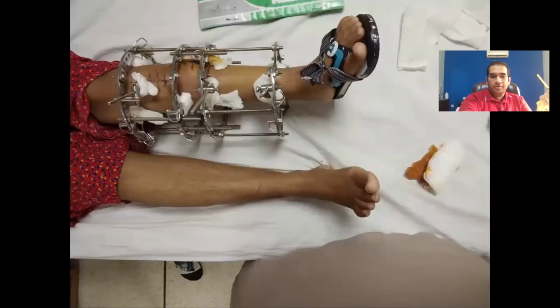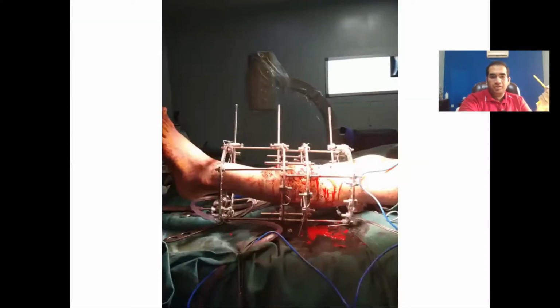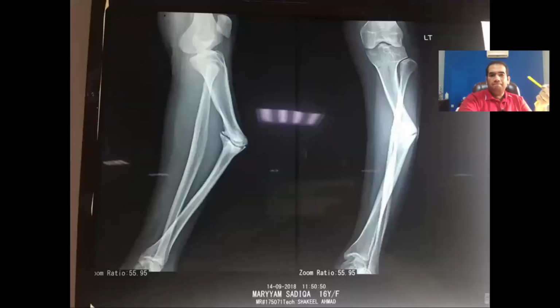So how can you do this? The main principle is, while doing the surgery, you need to image your bone at an angle which gives you the maximum magnitude of the deformity. I have this case over here as well. Let's see, this is the magnitude of the deformity. If I say that this is an AP view deformity, then in the lateral view you should not be able to see anything.